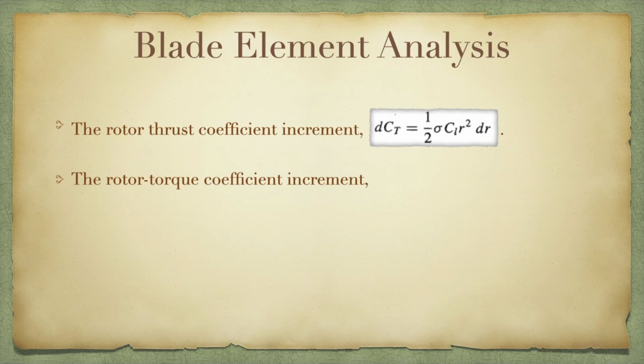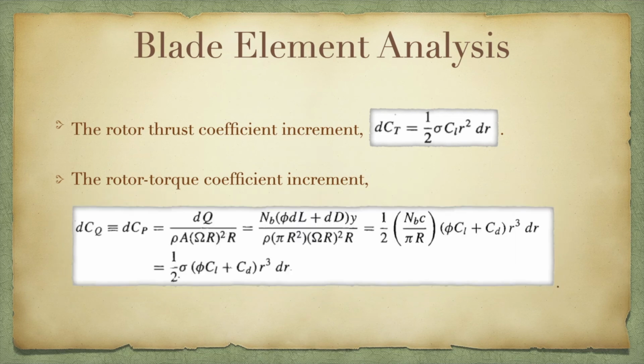By a similar approach to the previous analysis, it can be shown that the rotor torque coefficient increment dCQ, which is equal to dCP, is equal to dQ by rho A omega R whole squared into R. We have to substitute the equation for dQ and the equation for A. dQ is equal to Nb into phi dL plus dD into y, and for A it is pi R squared. So